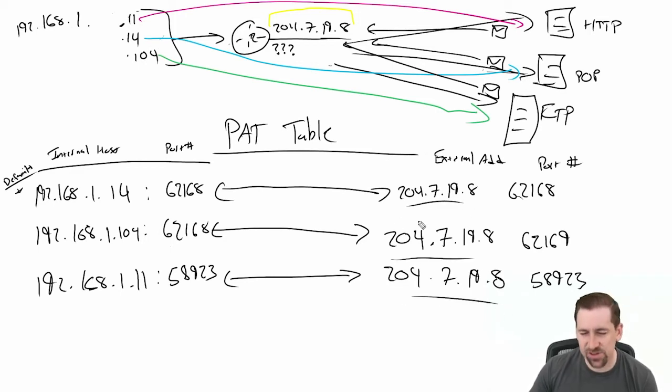This is all the same external address that has been given to me by my ISP, or however they're doled out if I've requested specifically a static address from the ISP for a business or something like this. Maybe it's not dynamic, but either way, I have this single address, and it is mapped to multiple internal hosts, the .14, the .104, the .11. If this host were to establish multiple connections across this router,